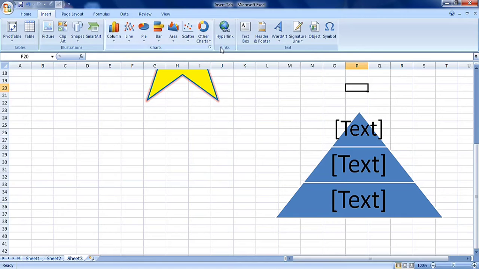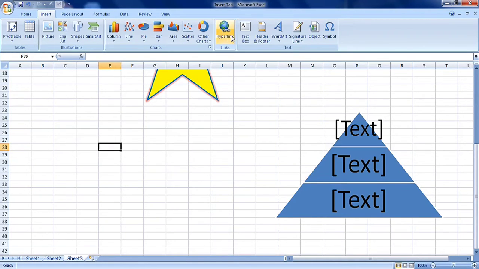Next one is links. We shall see the charts group in our next class. Next we have the links group. In that we have the hyperlink option. We have seen this option in MS Word also. We know that a hyperlink is a text, image or an icon that links to another file or object. To create a hyperlink, first click on a cell where you want to create the hyperlink.